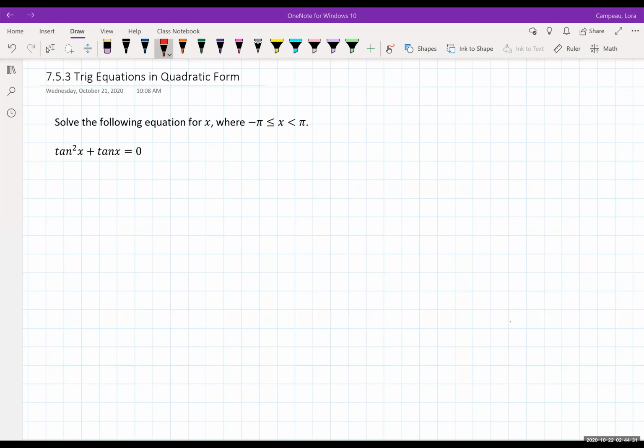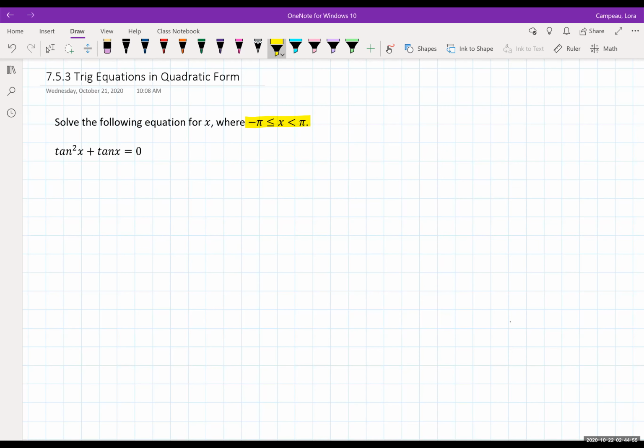All right, so we're looking at solving a trig equation. What I want to first notice for myself and remind myself is that they want the solutions in a particular domain. So x is supposed to be between negative pi and pi, so I'll highlight that so I come back to it later. The next thing I'll want to do is decide on my technique for solving this